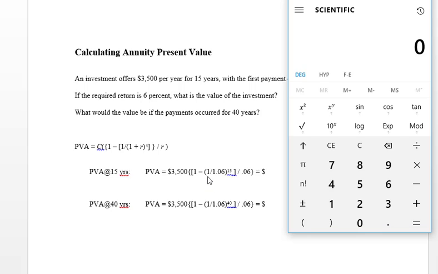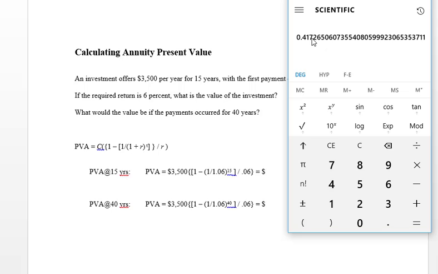What I like to do is take this number right in the inside, the 1 divided by the 1.06. Everybody has their own way, but I do 1.06. I put that in parentheses, as you can see, x, and then I put this for the y. I get this number of 2.39655. Okay, so now I'm just going to save that number in memory just so I have it. And I am going to do 1 divided by my memory, and it should equal